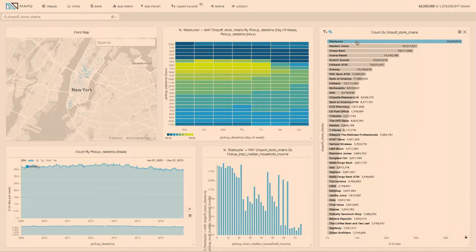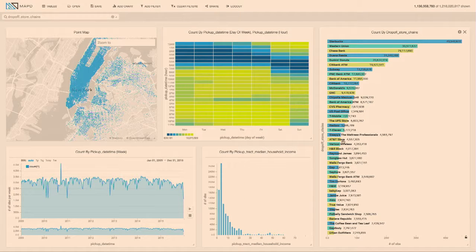You're going to notice a few things. First off, down here, we have a histogram of the median household income of the pickup census tracts that the rides are coming from. So here you can see that Starbucks maybe skews towards the low end of the data. There might be a gradual decline in ride density over time. That could be interesting to investigate in conjunction with their stock price.